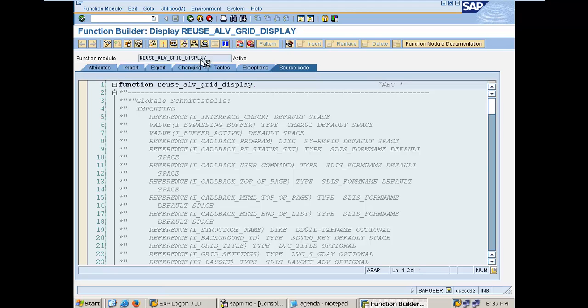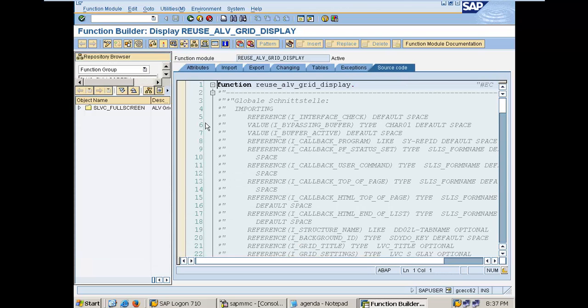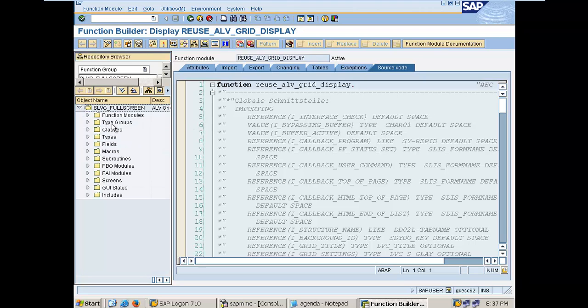So I'm going to the SE80 view. This is how my function module looks. Every function module will have a function group. For example, in this case, if I double click here,